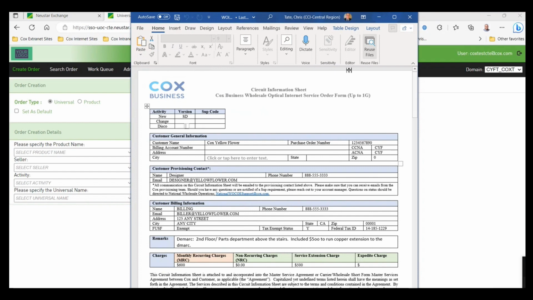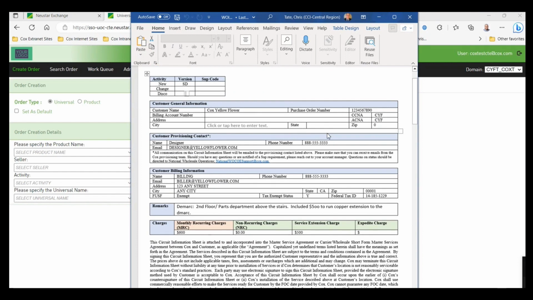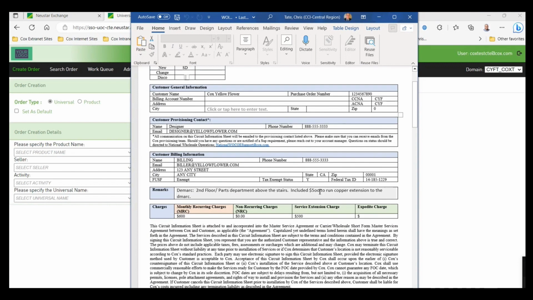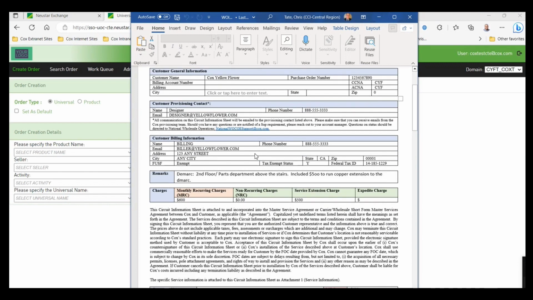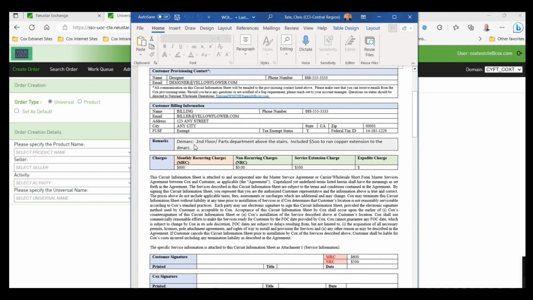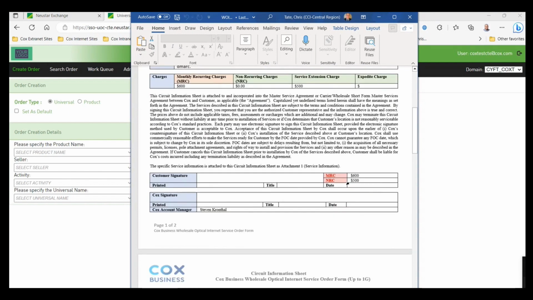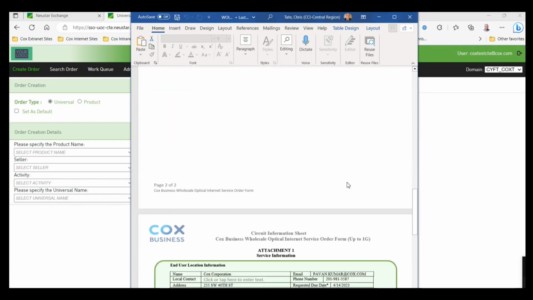So if we take a look at this order form, this is a new install. I've got my purchase order number. I've got my CCNA information here. If we scroll down, we'll see that this is a tax exempt, a federally tax exempt order. I've got some remarks here about the demarc on the second floor. I also have my MRC, NRC information listed here. Then if I scroll to the bottom,